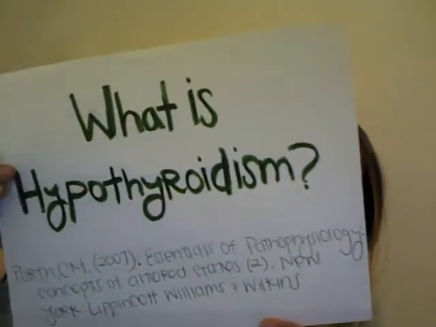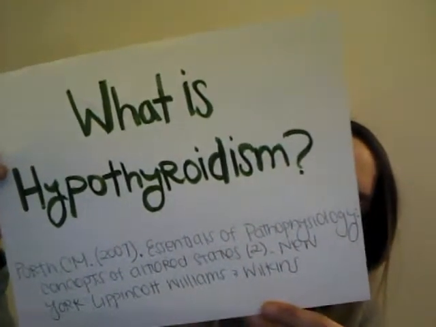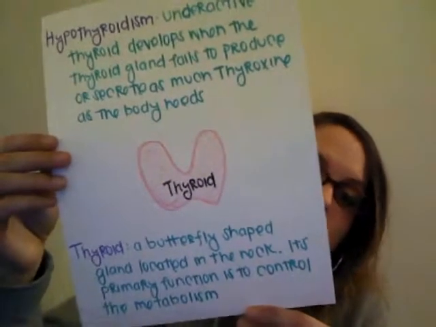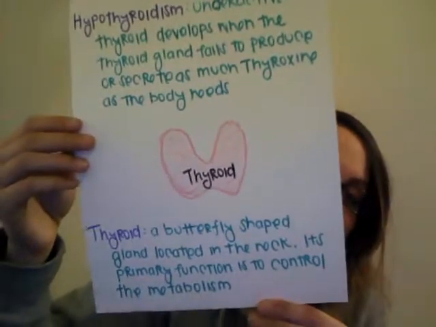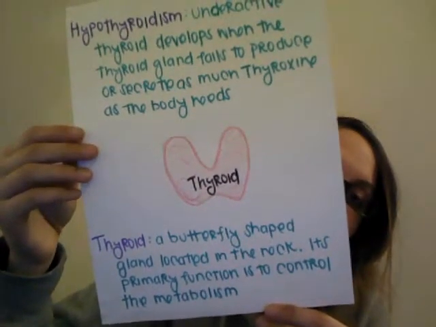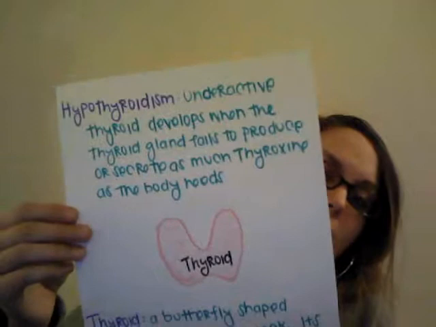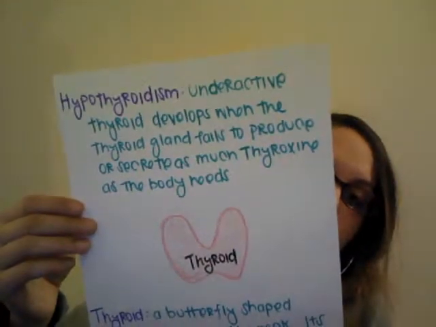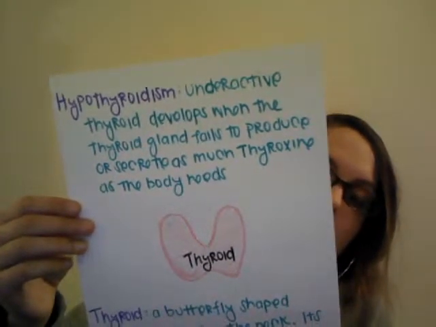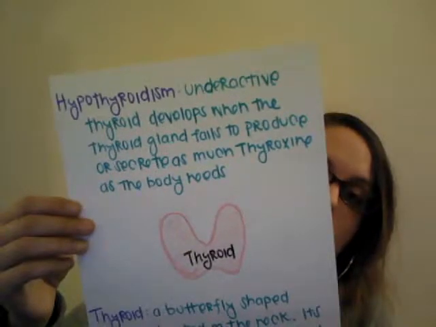So today I want to talk to you about what is hypothyroidism. And I got all of this information from our pathophysiology book. So let's start by defining what the thyroid is. The thyroid is a butterfly-shaped gland located in the neck, and its primary function is to control the metabolism. Hypothyroidism is an underactive thyroid and develops when the thyroid gland fails to produce or secrete as much thyroxine as